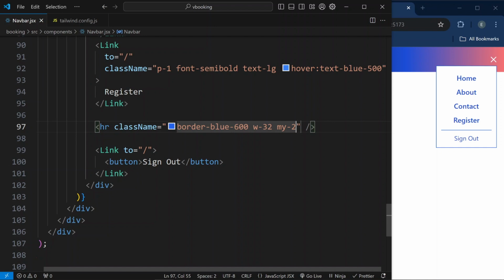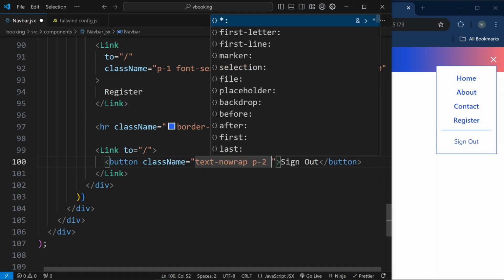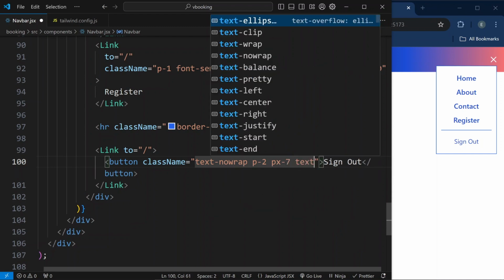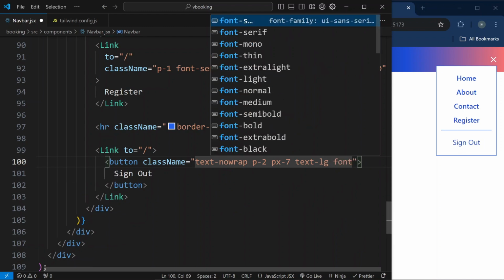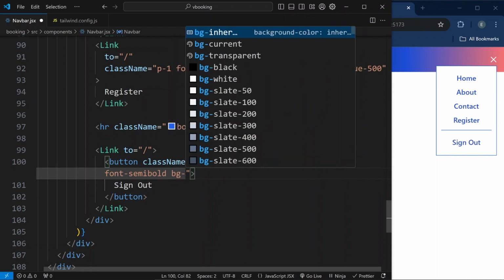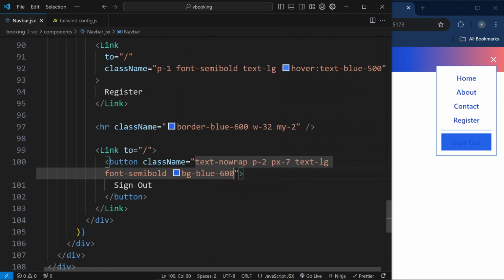now let's style our button. We will say class name, text no wrap, so it will not wrap, padding 2 on all sides, but on x-axis let's give px7. Okay, and text LG like this, and font will be semi-bold. And let's make our background blue 600 like this. Text will be white,